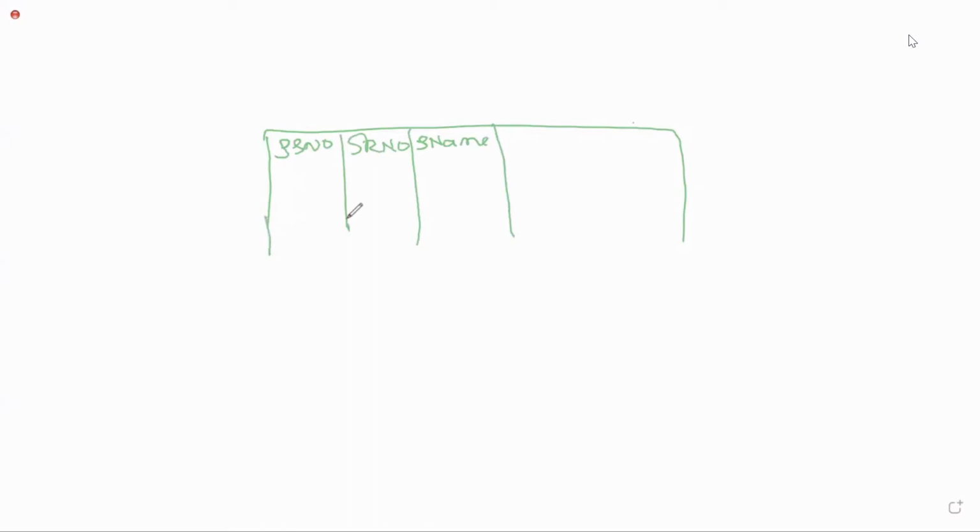So we'll take the same example, student table, with the attributes student serial number, student roll number, student name, student email ID, and student Aadhaar number.